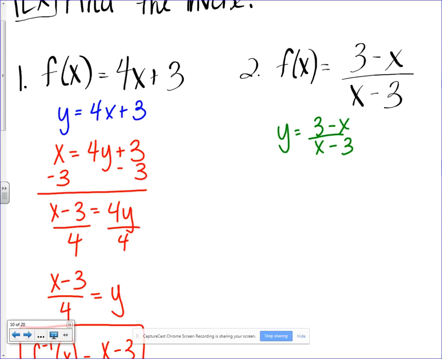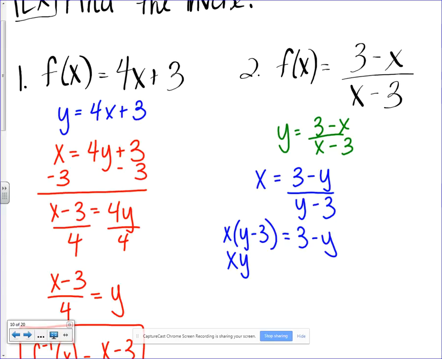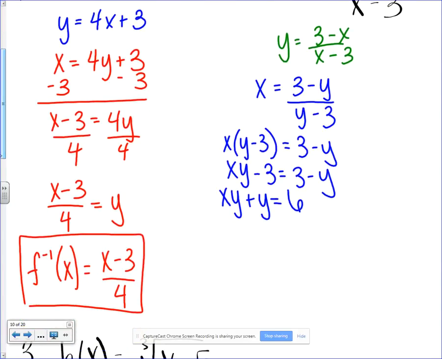I know that, but now I need to interchange the x and the y. And now I need to solve for y. So I'm going to move the y minus 3 over. I'm going to distribute it. I'm going to get everything with a y to this side, everything without a y to that side. Now we're going to take out that y and isolate it. So it's looking like,